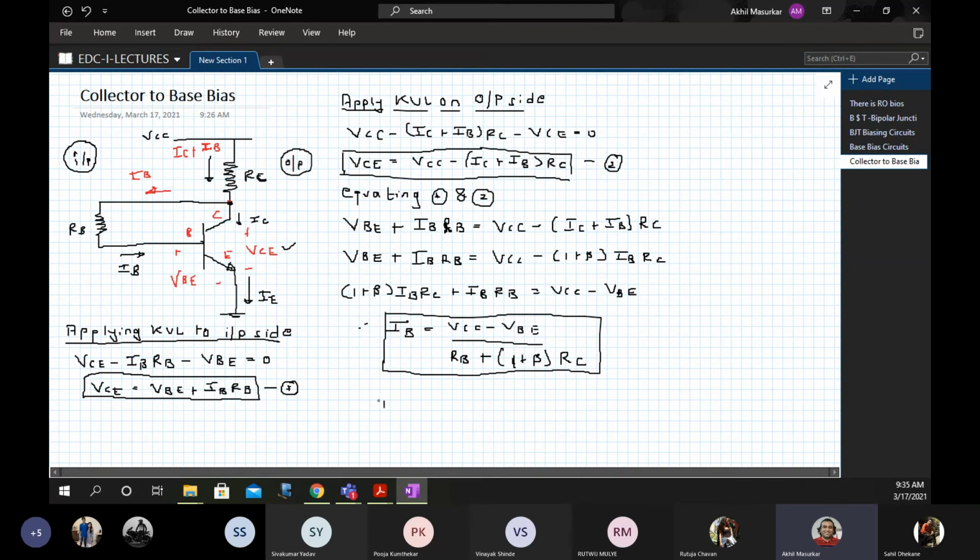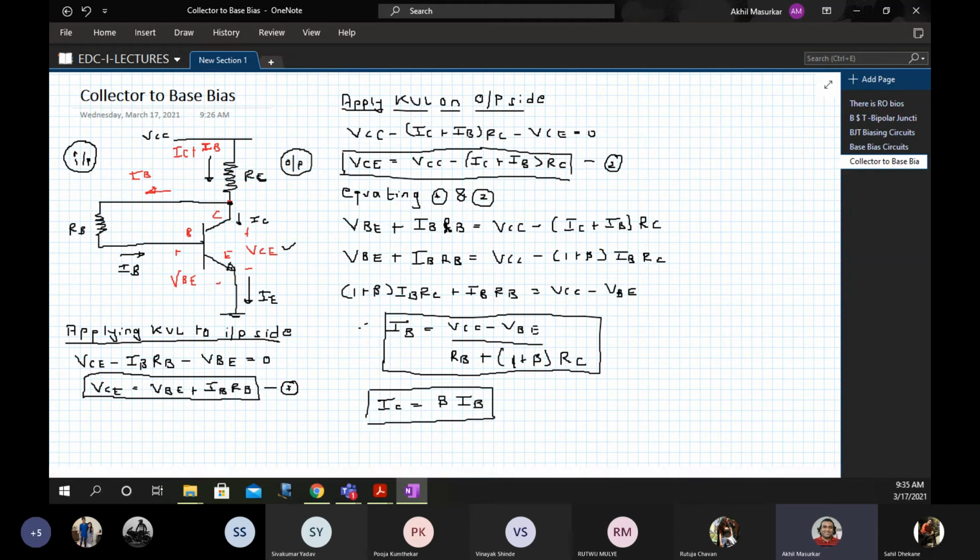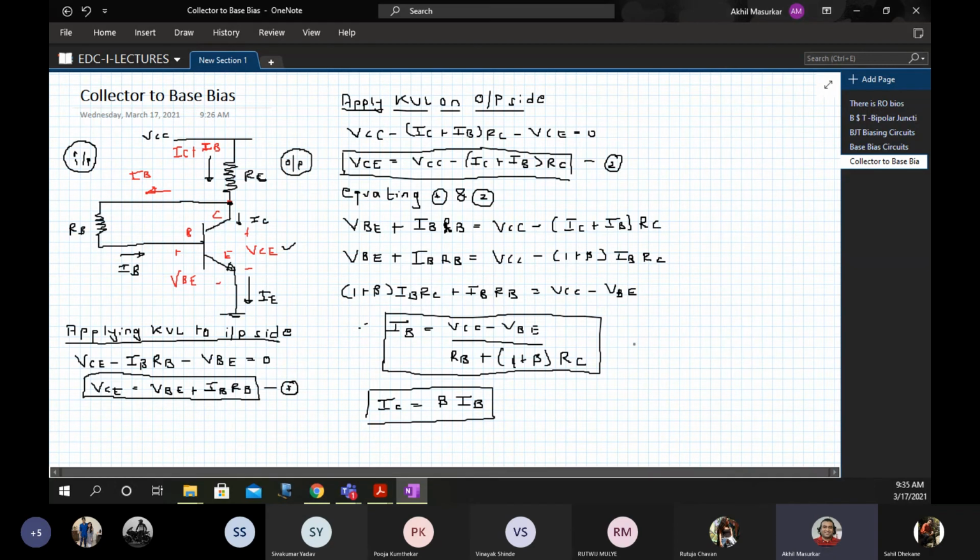So now we can write IC is beta times IB. This is the equation which links input and output together, and then we can calculate the value of IC. Here you should note something: if you take this 3 and put 3 in 2, what you are going to get is